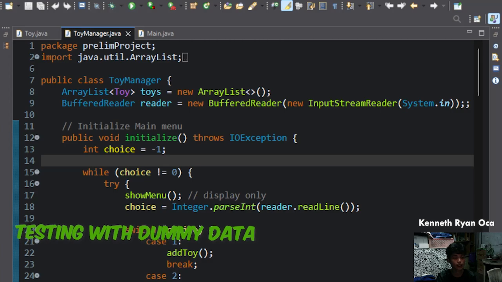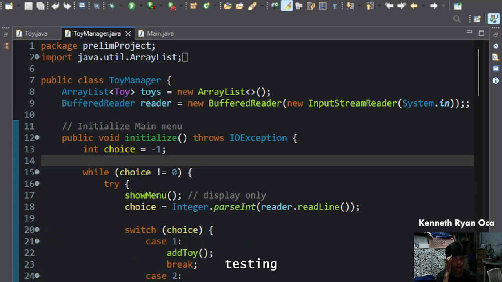My name is Kenneth Ryan Sioka, and I will be explaining the testing and the overview of the Toy Manager class, the Toy class from our project. So, quick discussion about our project. The Toy Collector program is a menu-driven CLI, which means we're going to use a console-based interface.